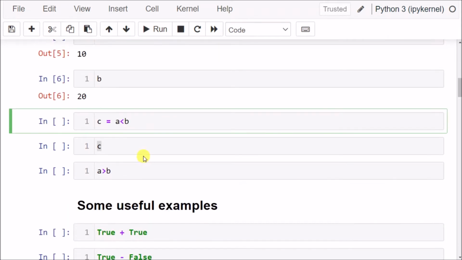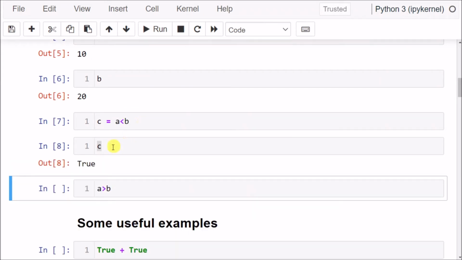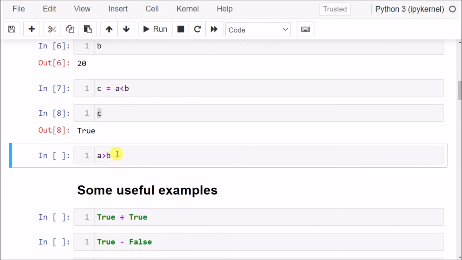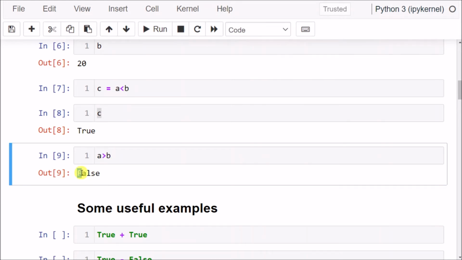So 10 is less than 20, and it returns True. Here I am printing the c variable, that is True, and here it returns False. And here also, F is uppercase and all the rest are small.